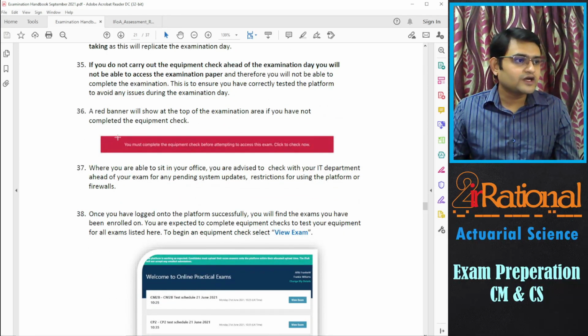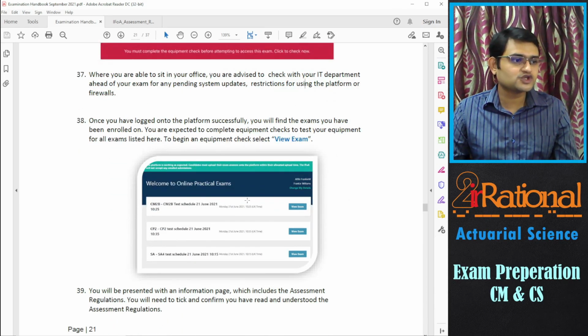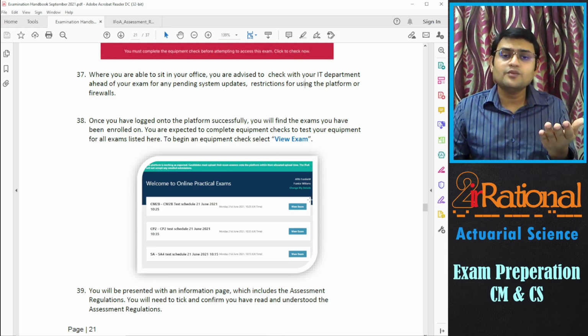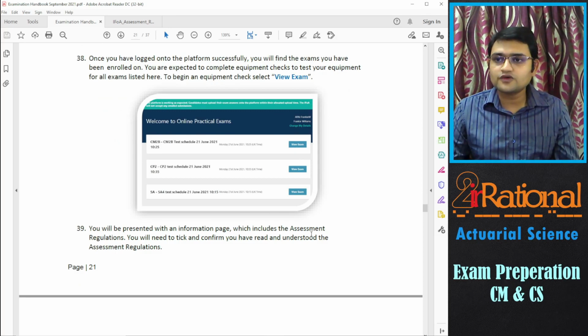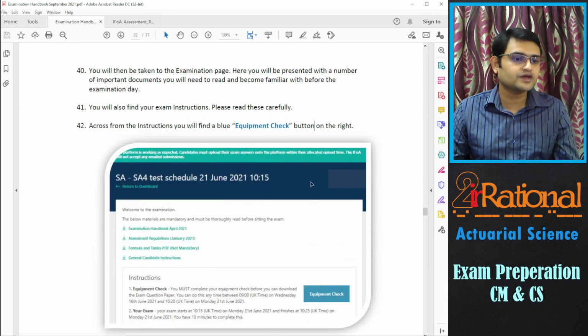So you must complete the equipment check before attempting the examination. They will give you options where you can download a PDF file, not exactly the exam paper. You can upload a Word file to check whether upload is working or not. So you should do all of those checks beforehand. Okay, equipment check, everything.